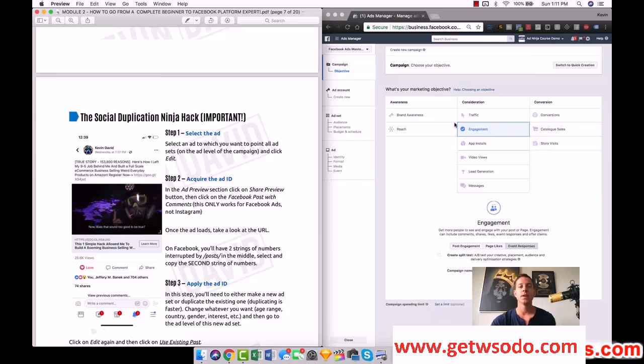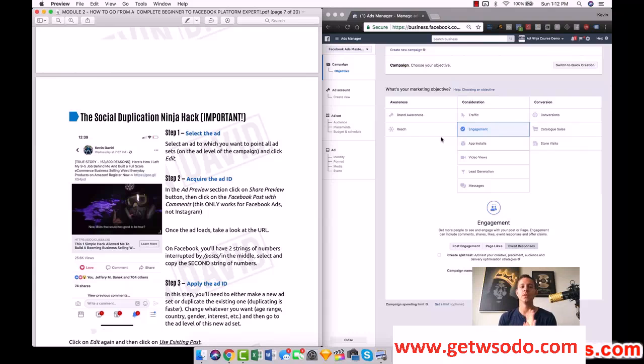So for the ad lifecycle, we're doing engagement first, then traffic, then conversions, right? But when we make this very first engagement campaign, we want to make that ad as if it was our final conversion campaign. So we're not making an ad that says, hey, come and engage and do all this engagement stuff, right? Because the first ad that we make is going to be the final product that we're actually running traffic to our site with and that we're running conversion campaigns to our site with, right?